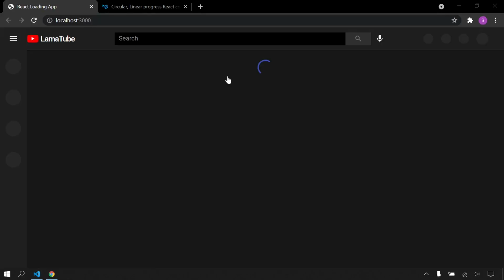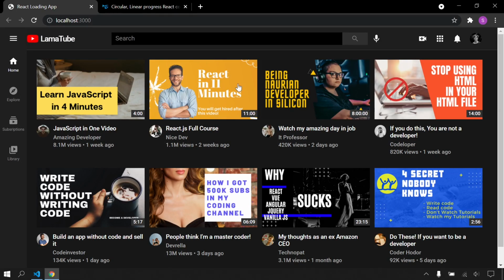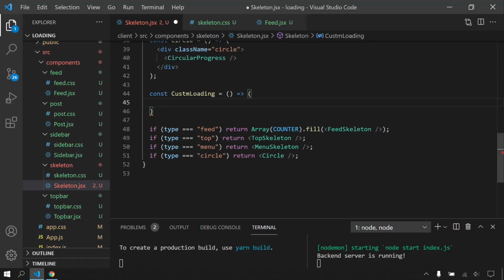So what I want to do is create a text here. It's going to be loading, and above this text I'm going to create 3 balls, and they are going to be animating like this. Okay, it's a terrible explanation, but you will understand what I mean.